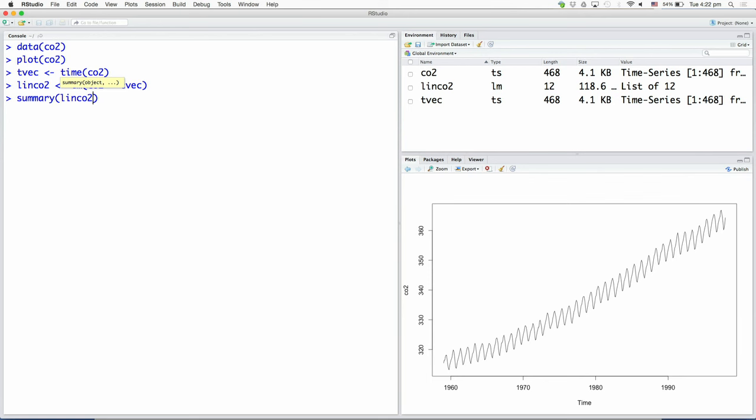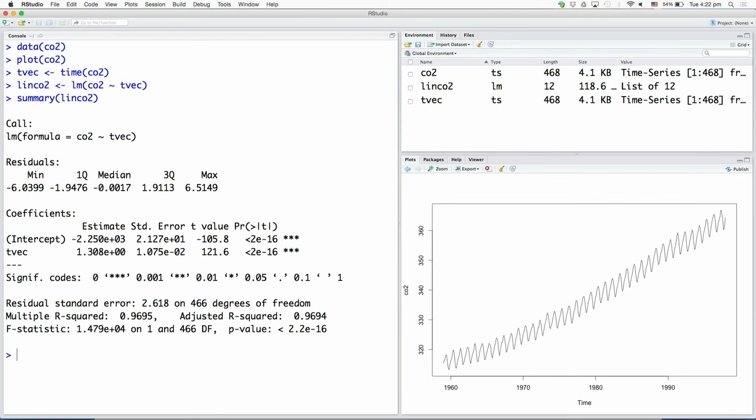But first let us look at the summary and see what it prints out. On the top it gives you the formula, which essentially is the symbolic relationship that we are modeling, and then it gives you some statistics on residuals, such as the median and so on, which gives you some idea of whether the residuals are of zero mean, what is the range and so on, but we will come back to that.